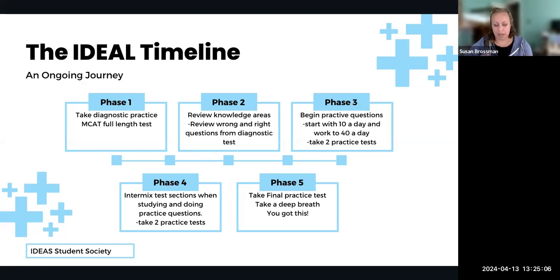It's a very knowledge-based test, and the longer you go, the more chance you have of forgetting things that you started studying 10 months ago, 12 months ago. I've heard you really don't want to be taking a whole year to study for this test. You really want to keep it as short as works best for you. I know some of us have full-time jobs, we're in school. So really plan out how you want to do it.